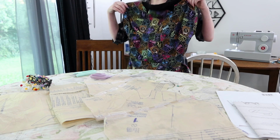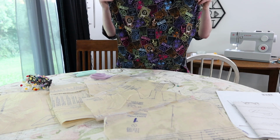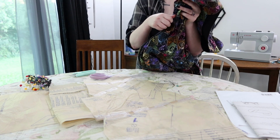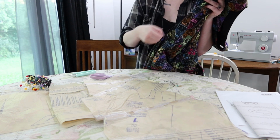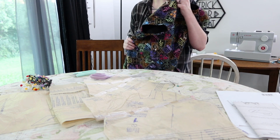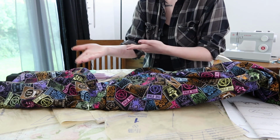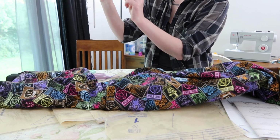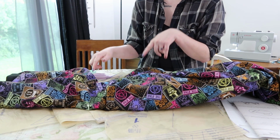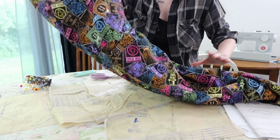I also now understand why they call these wiggle dresses, because these close-fitting 1950s dresses often close with a zipper or a button placket at the side, and boy, getting into this thing was a trial. I would normally line something like this by turning it inside out and then putting it on my dress form. However, no part of this dress is large enough to go over the shoulders of my dress form. So we have